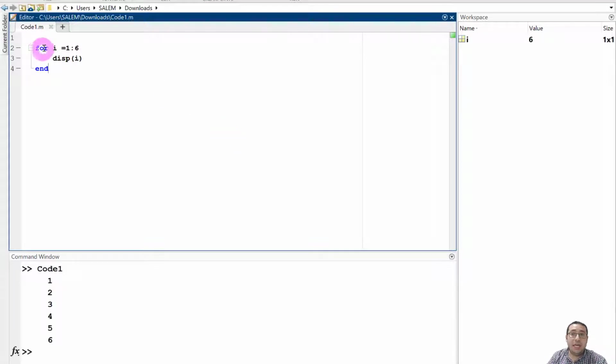If I run this, it means that when I equal 1, display I, it displays 1. And then it goes again to increase the I from 1 to 2 to 3 to 4 to 5 to 6 to reach the end. So every time the I is increasing, I was 2, display 2, and then I 3, display 3, I 4, display 4, etc. So we have 6 loops and display I. This is very nice. But what if